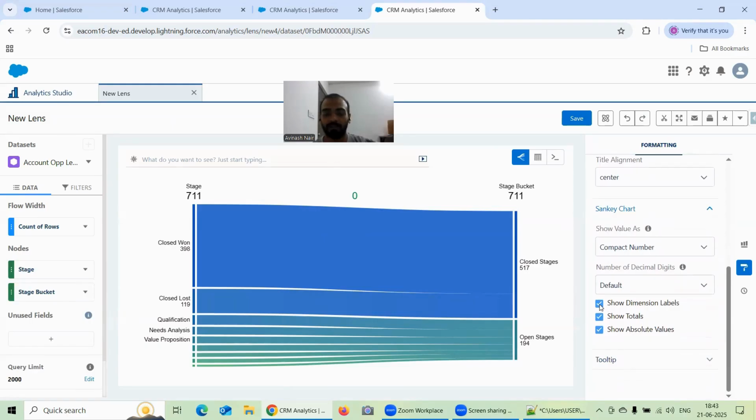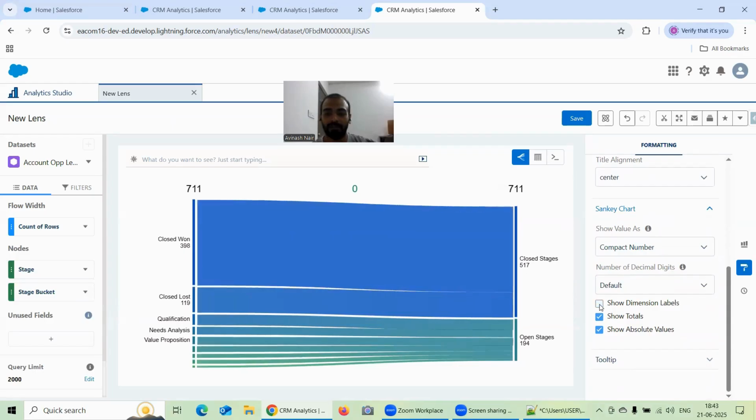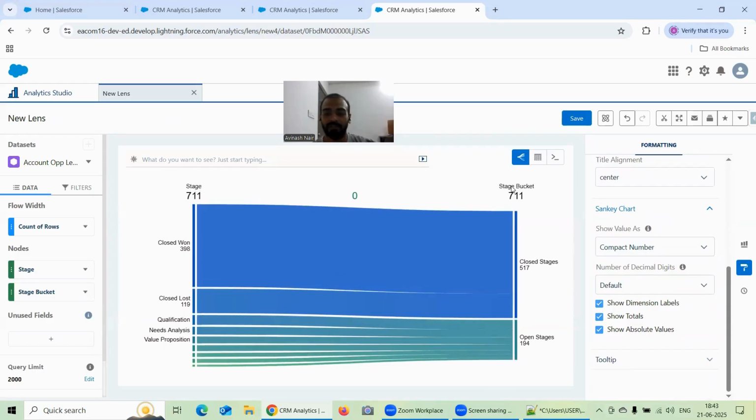So here you have that option of show dimension levels. If you want to show the dimension levels, like you have the stage bucket and stage, you can show that. If you don't want to show it, you can disable it. If you want to show the totals, which were being shown over here, you can show them, and if you don't want to, you can disable the totals. And if you want to show the absolute values,